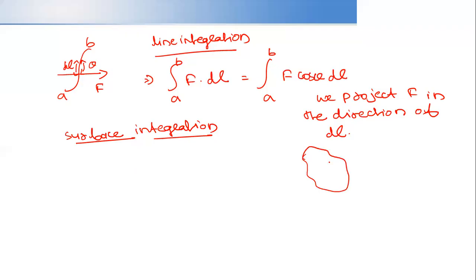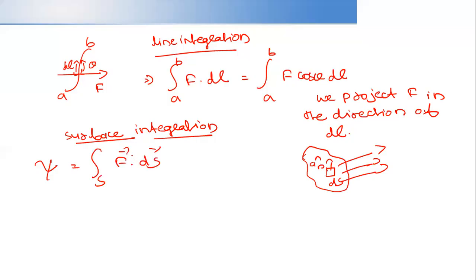That's why. So suppose we have a surface here. So we take a small surface here and the vectors are going out. And n is the normal vector. Then the flux will be equal to surface integral F dot dS. That is the idea. Surface integral F dot dS. So what it will be? Surface integral of mod F cos theta dS. So far we have seen.